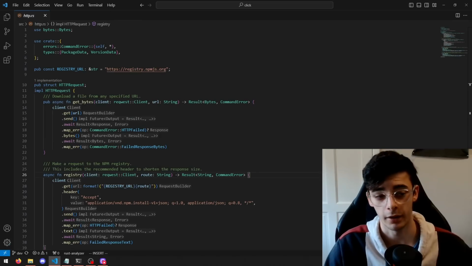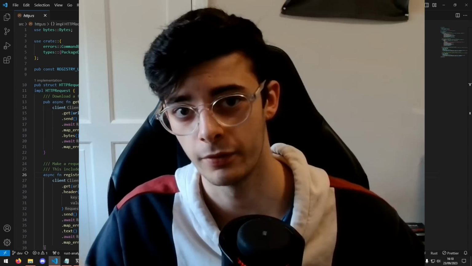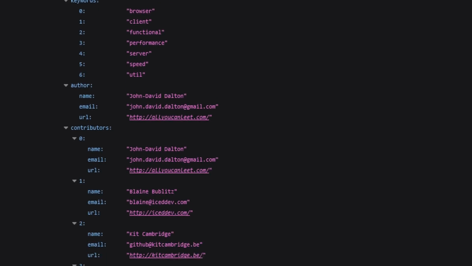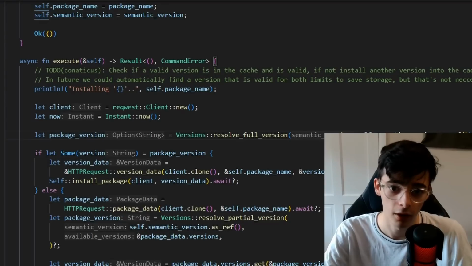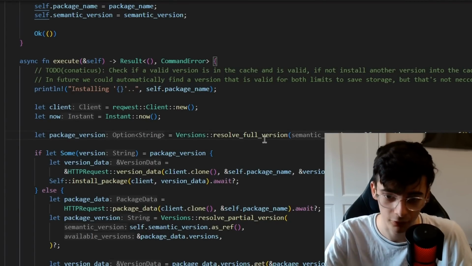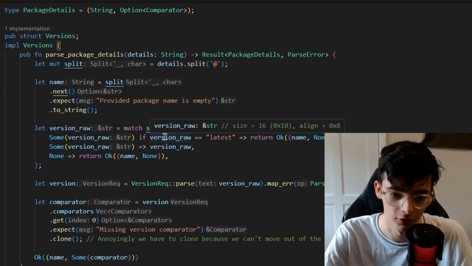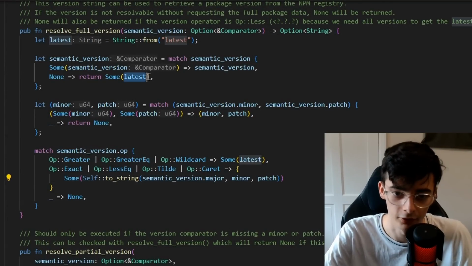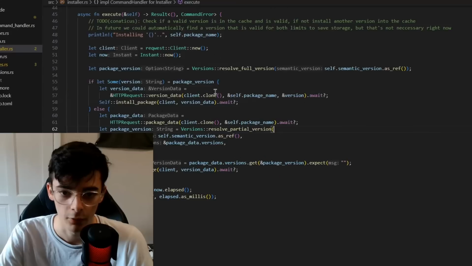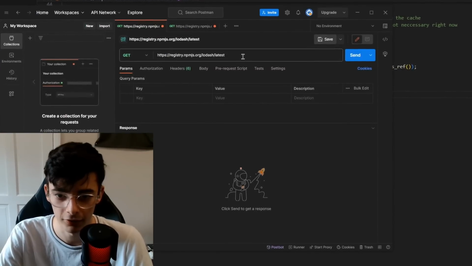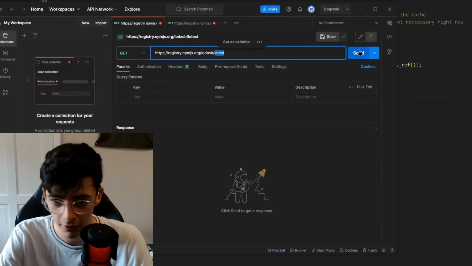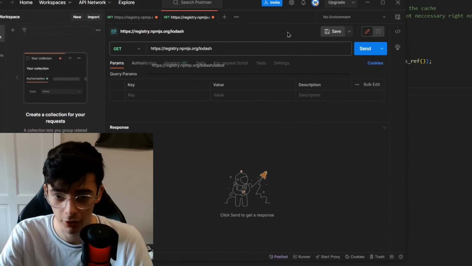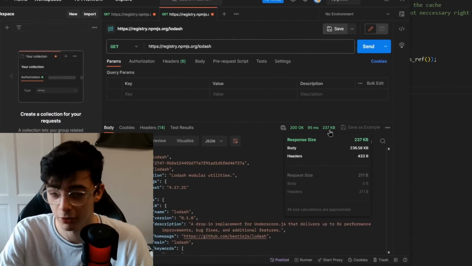Okay, so the next thing we need to do is be able to resolve the versions as fast as possible, because we need to read the version and then know where to look in the registry to get the dependencies for that version. What we first do before doing any HTTP request is we check if we can resolve the full version, which is this function just here. If we can resolve the full version, then it returns a string or the latest version, but otherwise it returns none. If we can resolve the full version, then we make a request to the package and get the specific version. Now you'll notice that this is only 2.83 kilobytes,